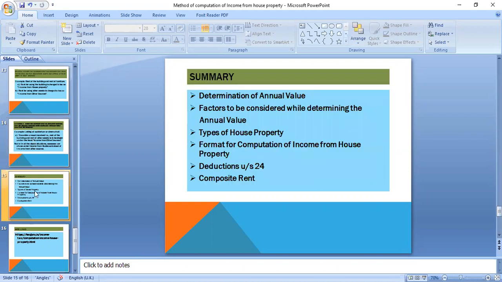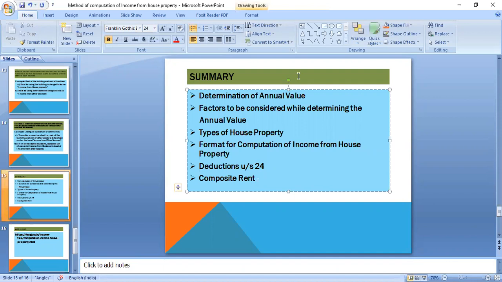So in today's session, we have discussed how to determine the annual value, what factors are to be considered while determining the annual value, what the various types of house properties are, how to compute the income from house property, the various deductions available under section 24, and composite rent. These are the things we have discussed in today's session. If you have any doubts, you can